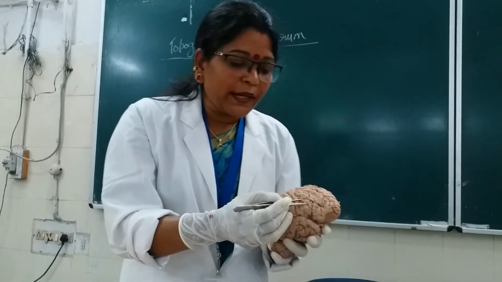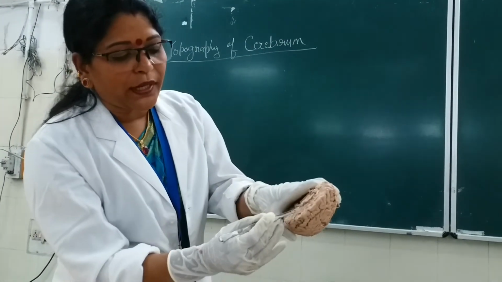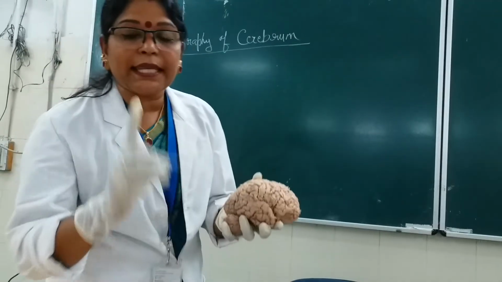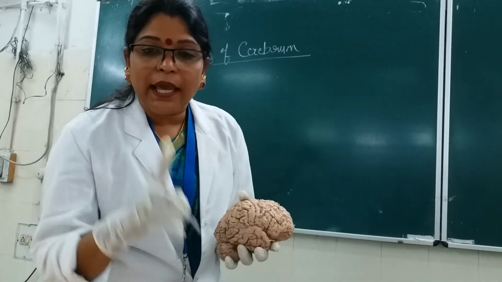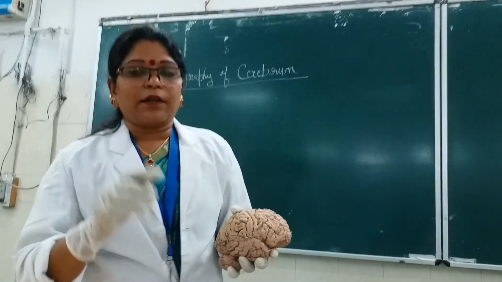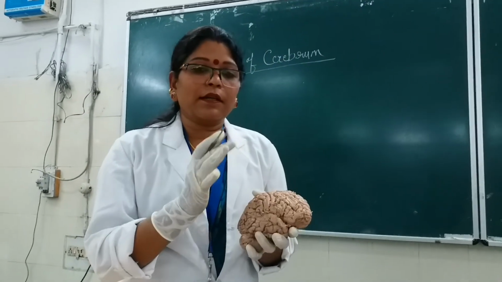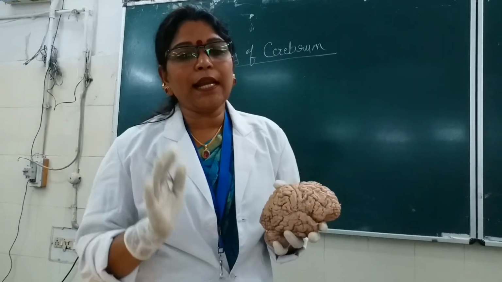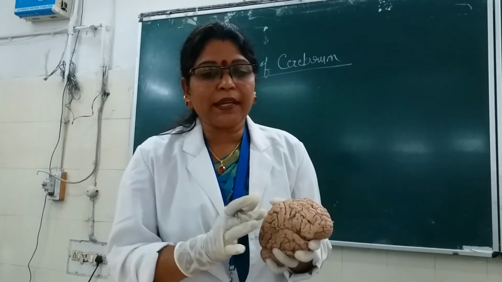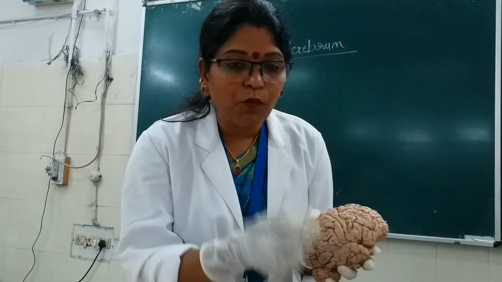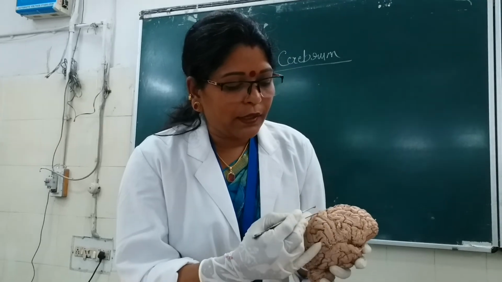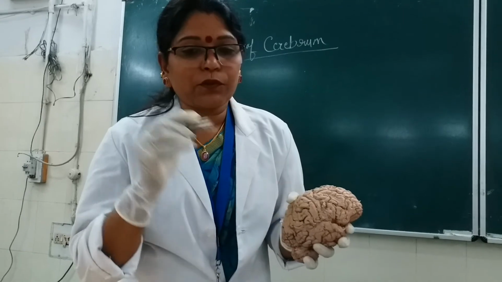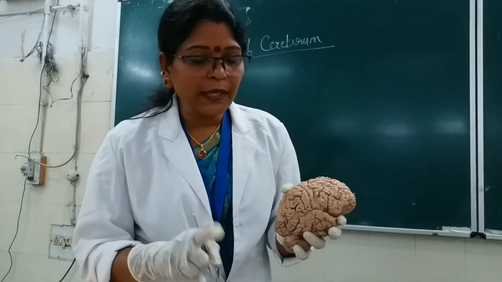So the premotor area as well as the supplementary motor area on the medial surface, that is area number 6. What I have said? Area number 6. What is it doing? It is guiding the motor area for the skilled movement. It is preparing the motor area. It is programming the skilled movement, and it is governing the motor area, planning for the motor area to do the skilled movement. Okay.